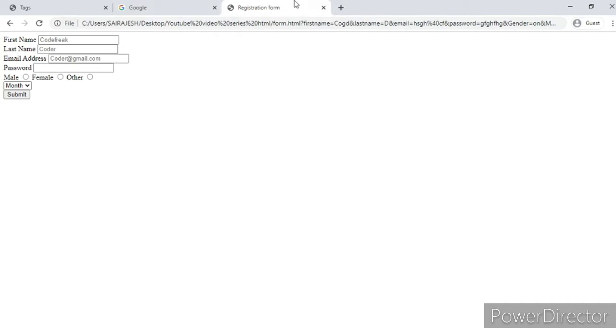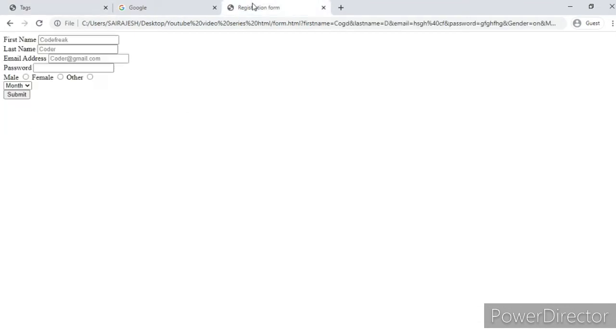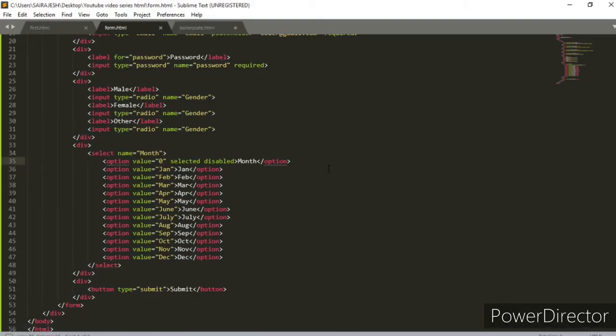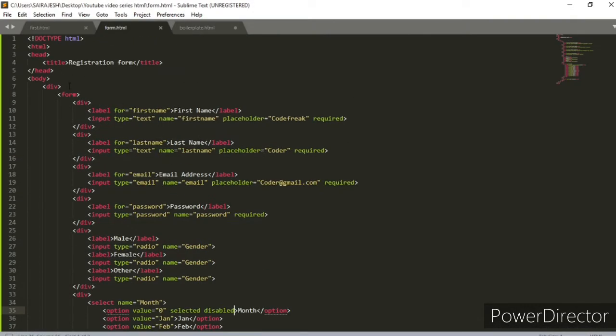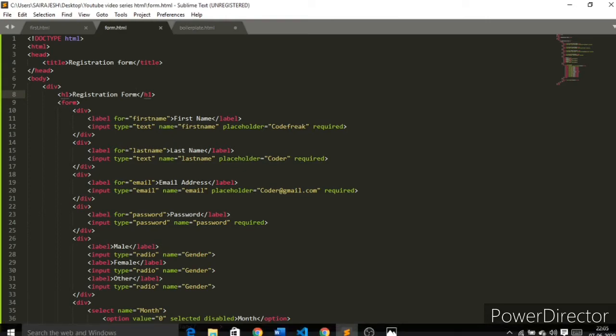Yeah, so we were making a registration form, and we had also learnt about many of the tags. So before we end this, let's just put a heading there so that it looks like a registration form. And then we'll continue with something new today. So I'll just put in a heading. So maybe here, yeah, perfect. So maybe H1, perfect. And then I'll put registration form. Okay, perfect. So I'll save it and I'll just run it once more and show you guys.